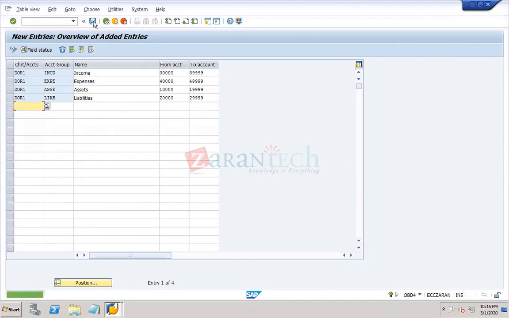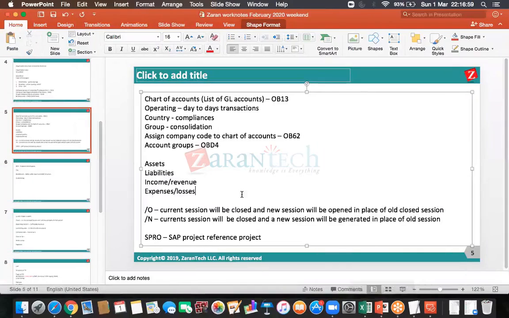Done. Okay. So this is the number range interval that I would be using for my respective GL accounts. For assets, I used 100,000 to 199,999. Liabilities, 200,000 to 299,999. Okay, so this is the number range I am following. Now, next